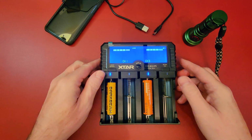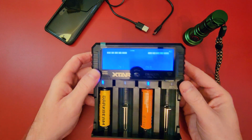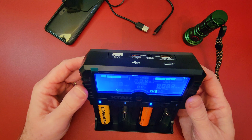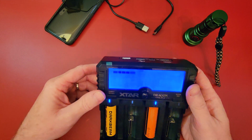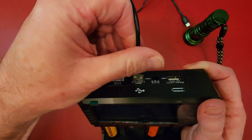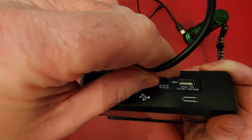So if you just want to charge a phone with it but not plug it in, say if you've taken this with you on a trip, have some charged up batteries, be out somewhere and want to charge up your phone, you can use this without having to plug it into a regular outlet. So just any USB-A to USB-C plug, if you mount this in here, if I can get it plugged in here,